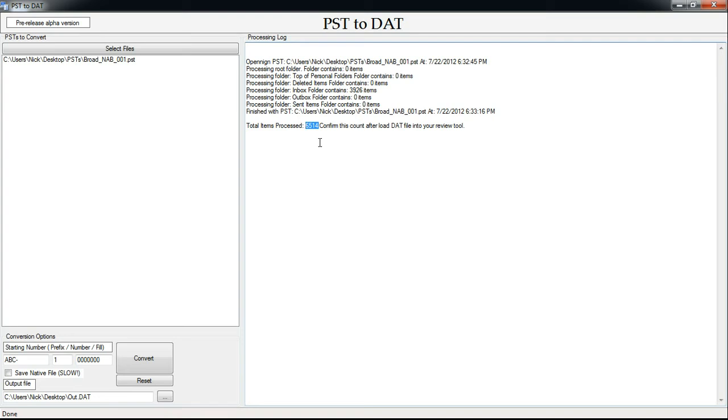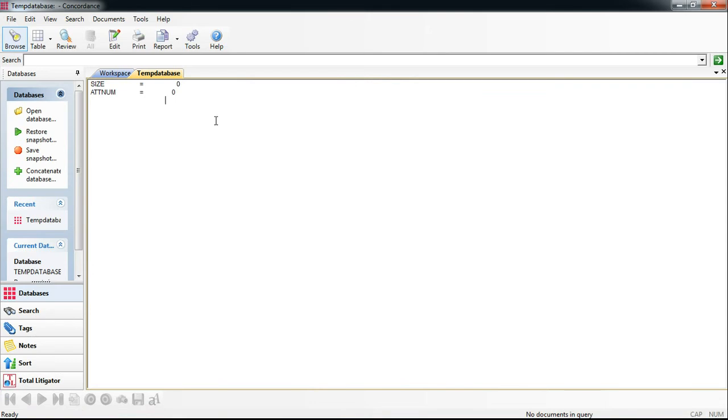And this is a very important number because you want to make a note of it, and when you load data into your review tool, whether it's Concordance, Relativity, and so on, you want to make sure that's the number you see. So I'm going to go ahead and switch into Concordance, and here I have an empty Concordance database with the fields